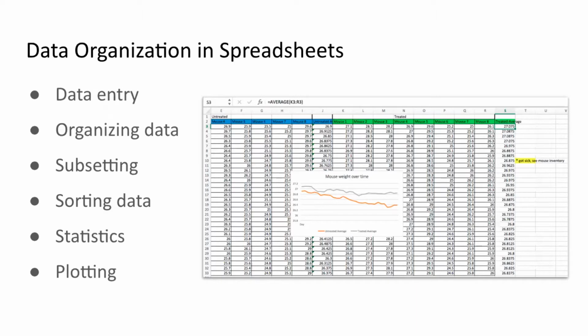And spreadsheets encompass a lot of the things we need to be able to do with our research data. For example, we could use spreadsheets for data entry, organizing our data, subsetting and sorting our data, and even doing some statistics and plotting. But the most common mistake made is treating this spreadsheet program like it's a notebook.